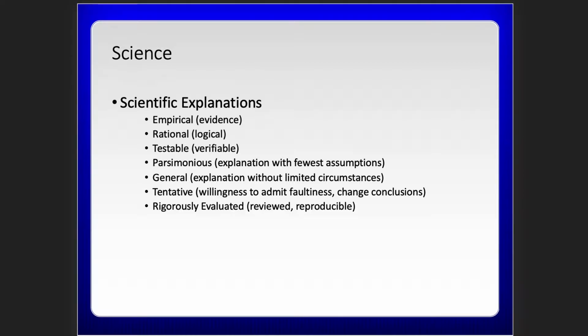Tentative, willingness to admit faultiness and also change the conclusions. This is a very, very important part of the scientific process. We need to be able to stand back and look at our own research and be able to admit where we were wrong. Maybe the methodology, could be the subject recruitment, whatever it might be. And also, if we were wrong, maybe about the data that we collected, the data analysis itself, and change our